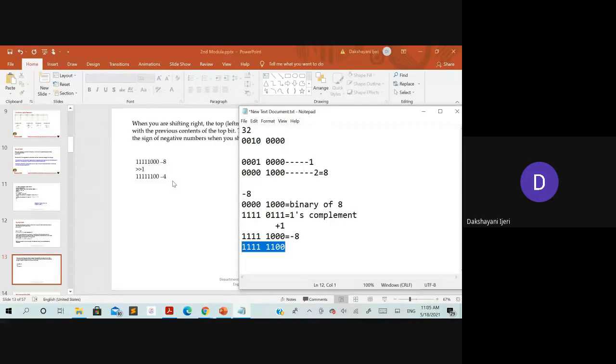So this procedure is very simple over here. If it is a positive integer, you can just shift the right side bits, and at the vacant left side bits, you need to fill the preceding values over there. In case of the negative integer, you first convert the negative integer into the binary representation using the 2's complement, then do the shifting, and after that, while converting the resultant, again go for doing the 2's complement over there. Okay, so am I clear over here? Is it clear? Yes or no? Yes, ma'am.